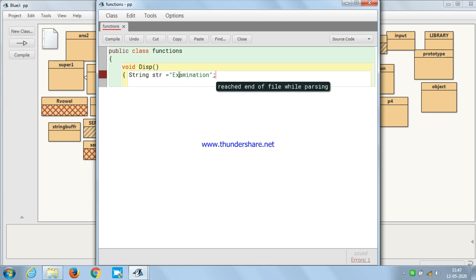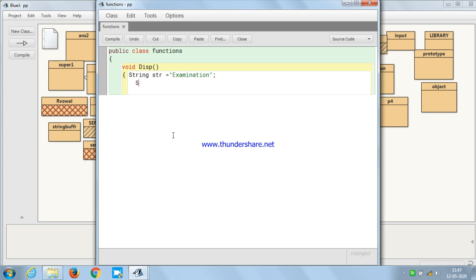So as you have initialized, now what do I have to do with the string? The name itself is string functions. That means all the functions will be related with this string. Now the very first, I want to convert this examination into capital letters. So which function is used? It is toUpperCase. So let me check.